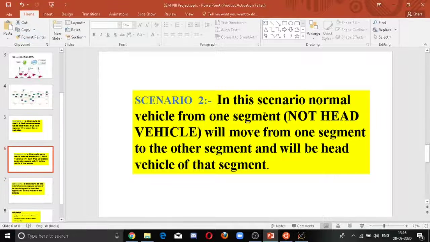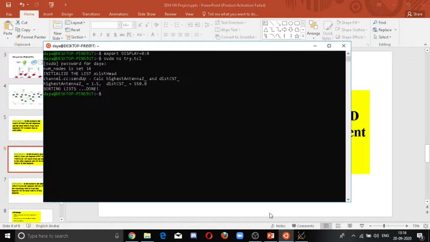What is scenario 2? In this scenario, a normal vehicle from one segment will move from one segment to another segment and will become the head vehicle of that segment. To run this scenario, we follow the same procedure as for try.tcl.